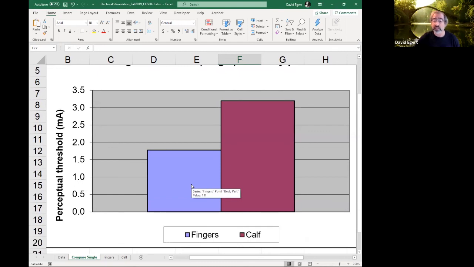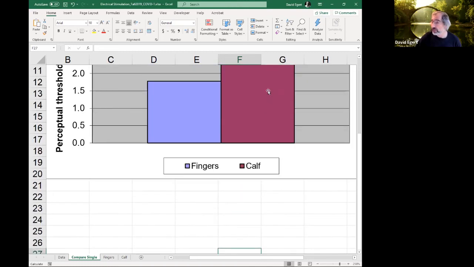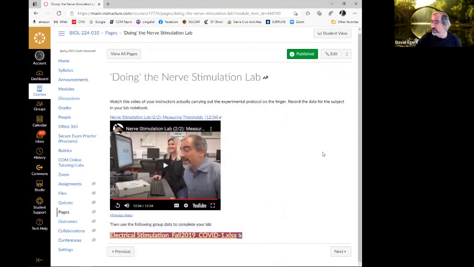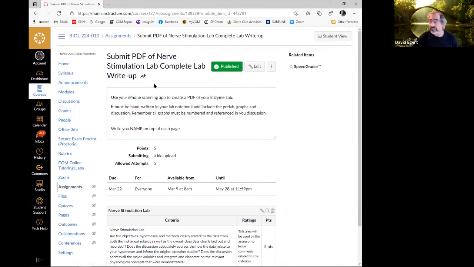What does the data have to say about your original question about the relationships between the independent variables and the dependent variable? And obviously you'll write that up, and after you do that, there is yet another submit PDF